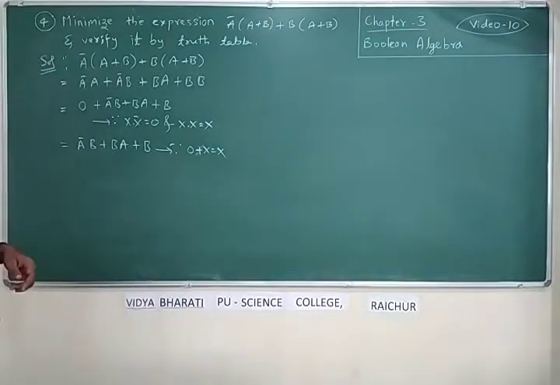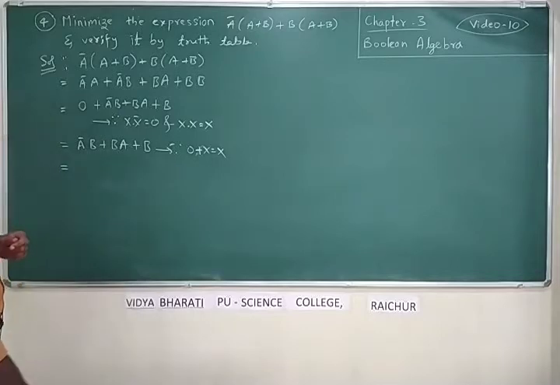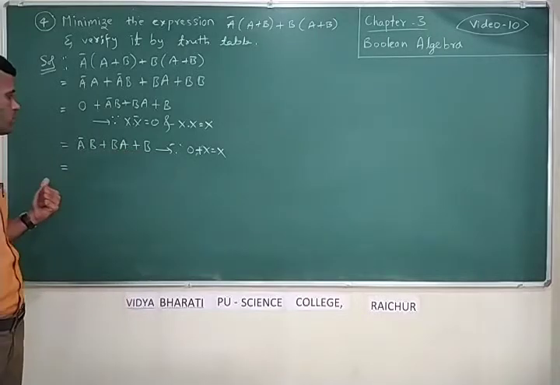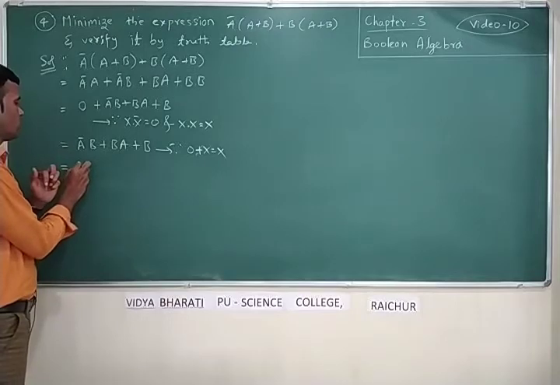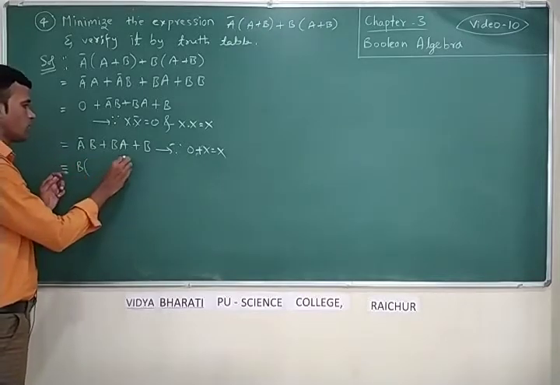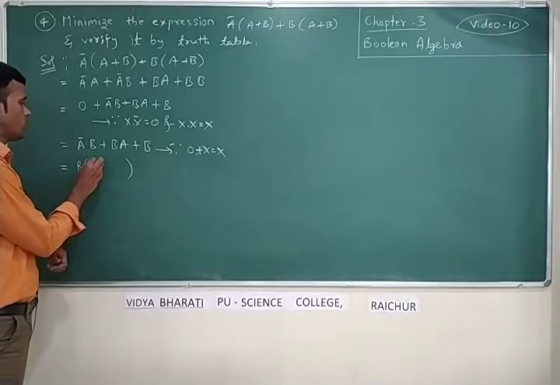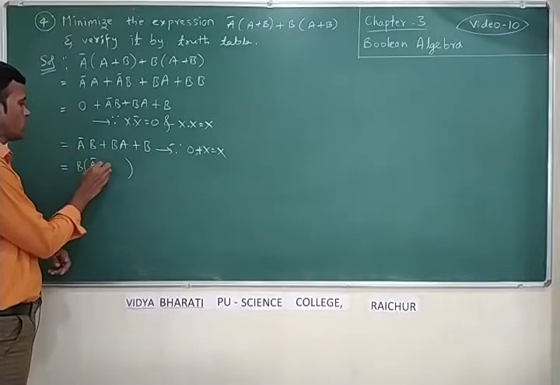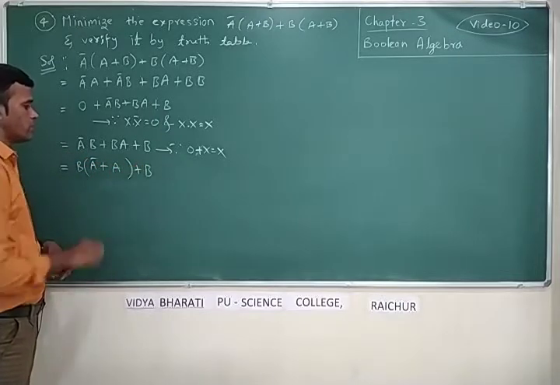Okay, so you have applied that one. So now this is the expression. So here what you can do, you can take b as a common from the entire expression, or else you can take the b as a common first from only two terms. Okay, so better take common from the two terms first. Here it is now a complement, this side it is a, that b as it is.